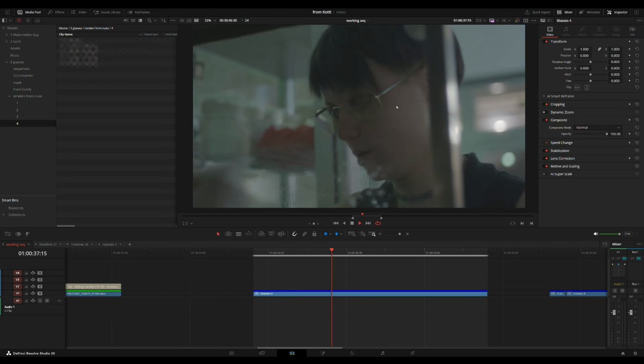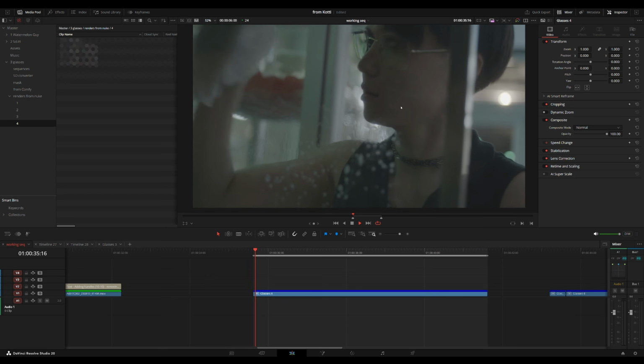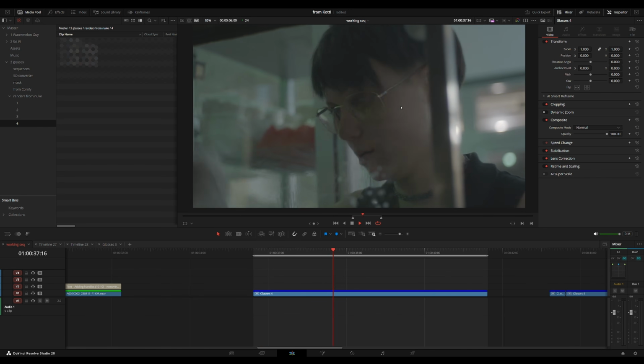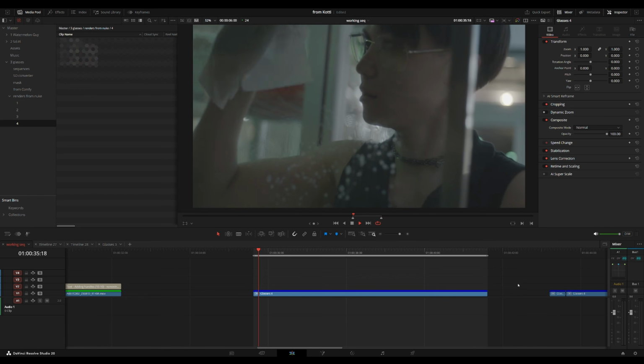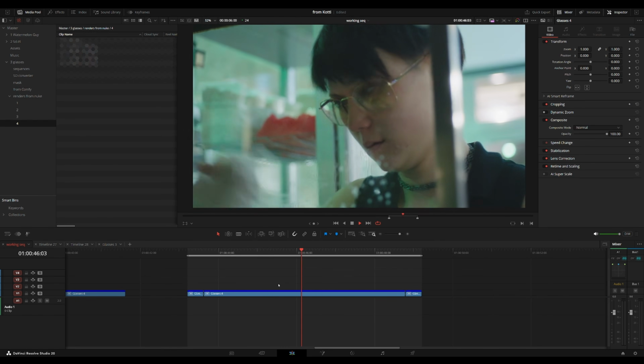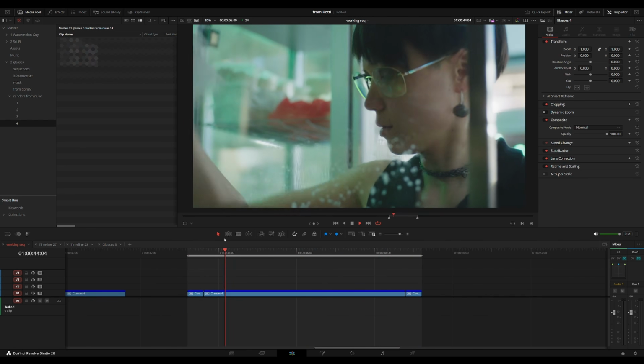Yeah, so over here in Resolve, we can see the footage, and it looks okay. It looks nice. It's still in the log profile. So let's apply the quick grade that we did before. And for me, it's quite nice. I like what I'm seeing here. And